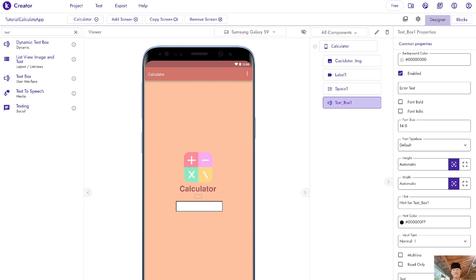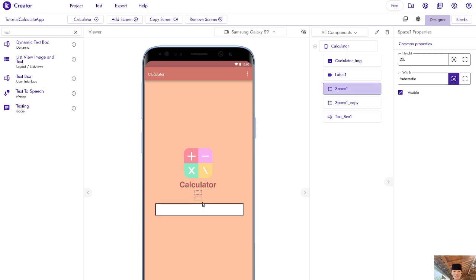And we're going to give it 5 on height and 80 for width. It's going to be 5% here. It's going to be 80%. So great. The next thing that we're going to do is to just duplicate these things.